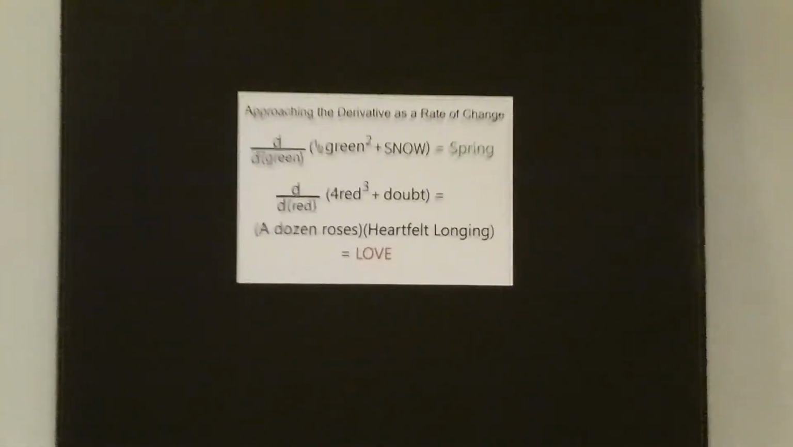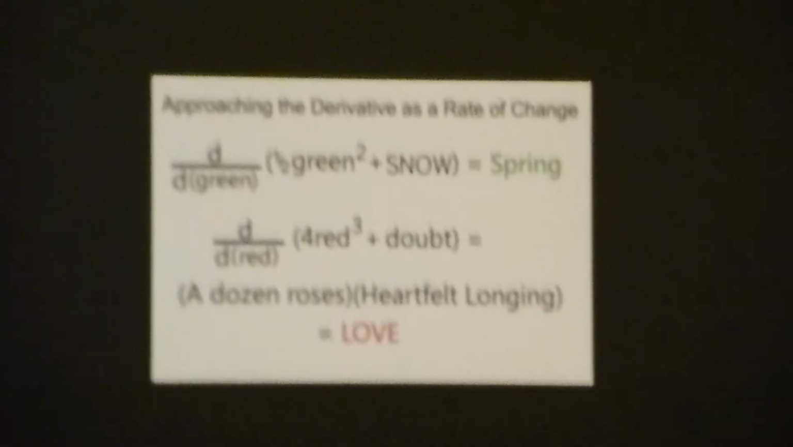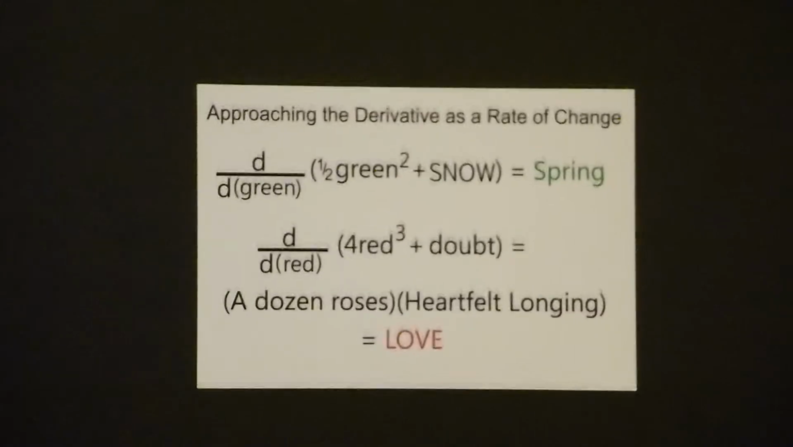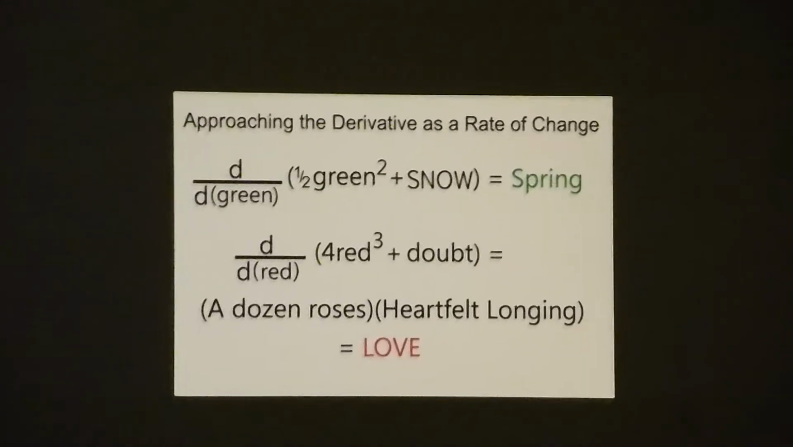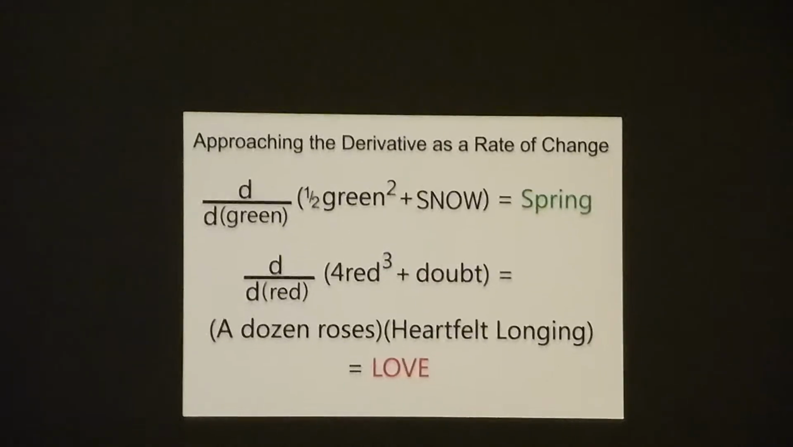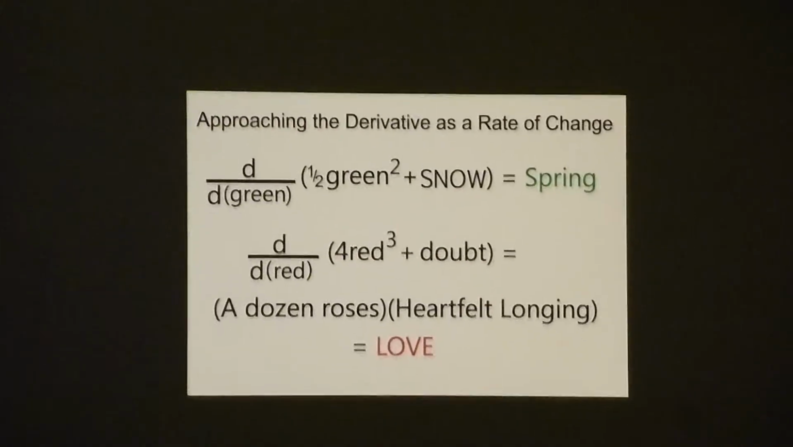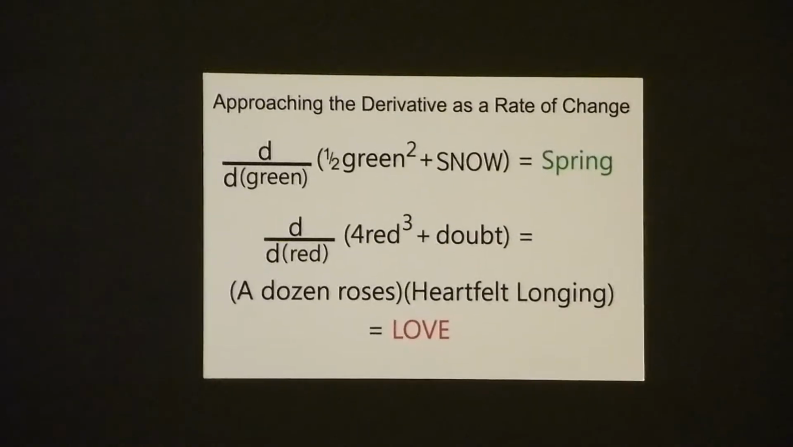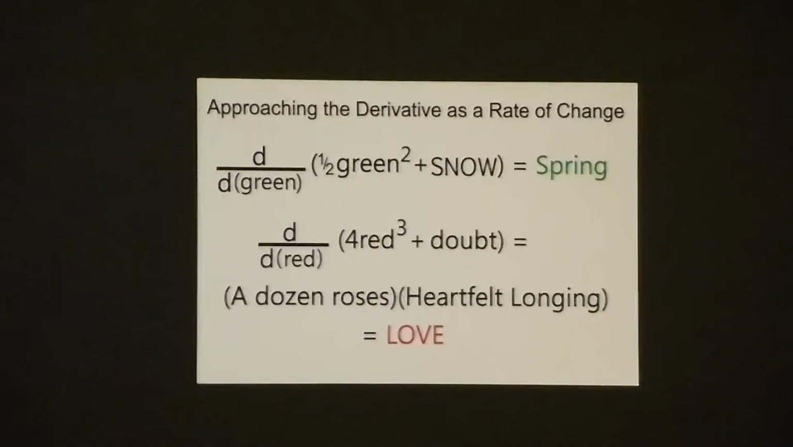We can see that words can be either variables or constants, as shown here, approaching the derivative as a rate of change. The derivative with respect to green of 1/2 green squared plus snow equals spring. The derivative with respect to red of 4 red cubed plus doubt equals a dozen roses times heartfelt longing, which